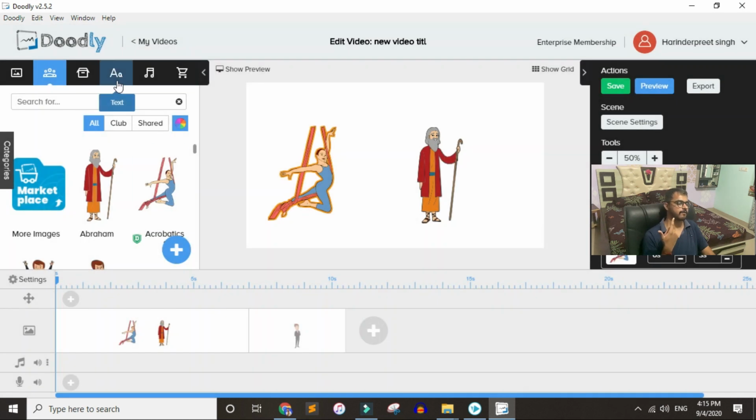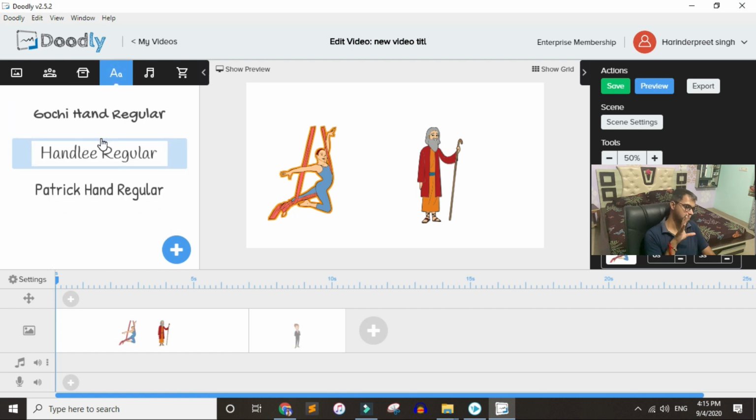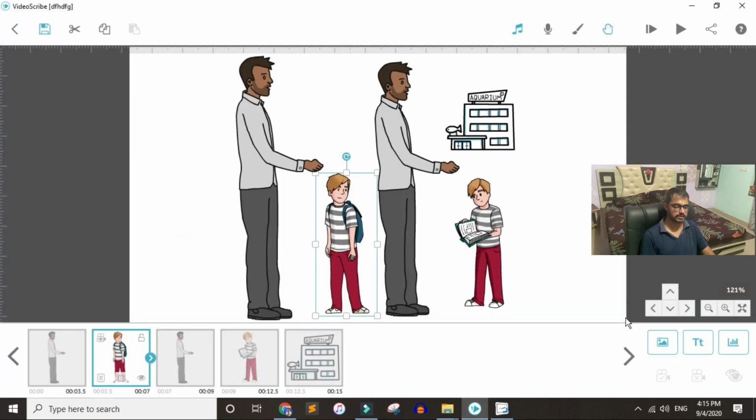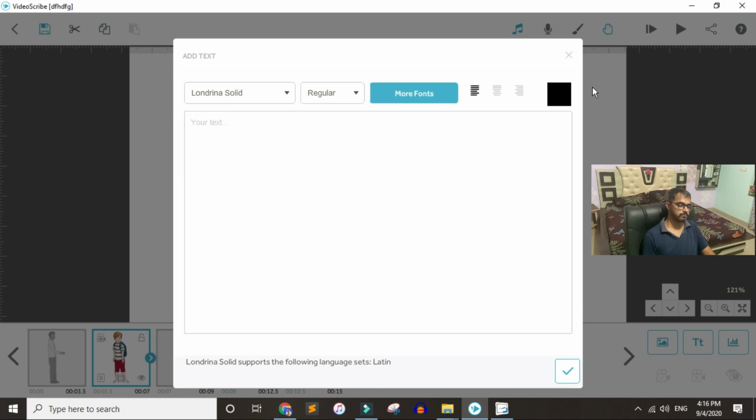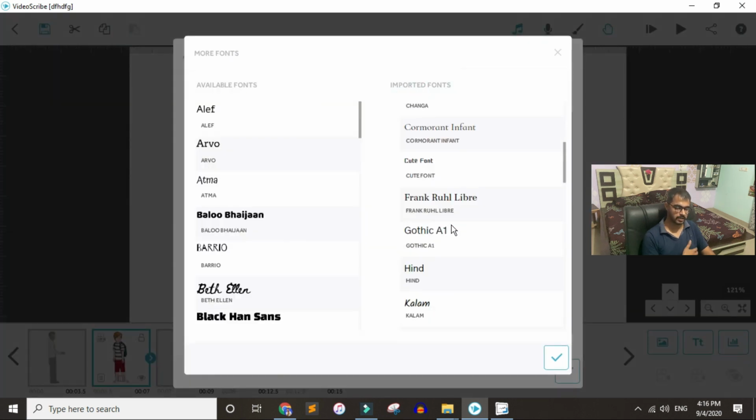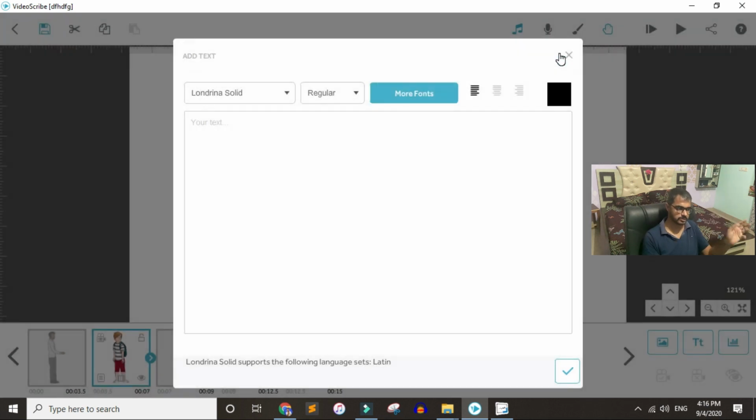The second thing that I want to talk about is the text templates. There are only 3 text templates, but you can import your own font family. Coming to Video Subscribe, let me go to the manage fonts. As you can see, you will never run out of fonts. If you want to install your own font, you have to install it first on your computer, because it will automatically pick all the fonts that are installed on your computer. But there is no such thing as drag and drop inside Video Subscribe. You have to install it on your computer. Again, in the fonts, Video Subscribe is the winner.